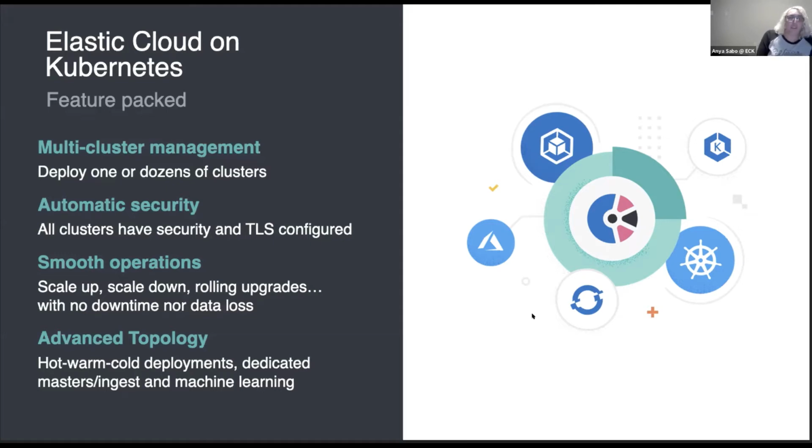And one of the really nice things you get out of the box using ECK is that no one wants to be those people in the news who had their Elasticsearch instance owned because they didn't have security configured or didn't have TLS configured. We can configure that out of the box for you, so you don't even have to worry about it. Just out of the gate, with no extra configuration, we automatically generate a CA and certificates for all the nodes to use, and have authentication turned on by default.